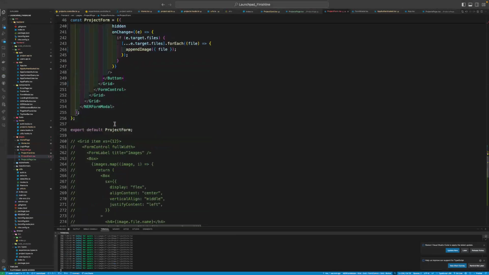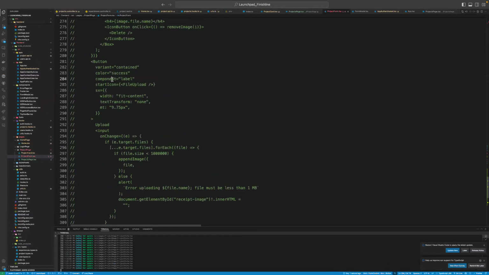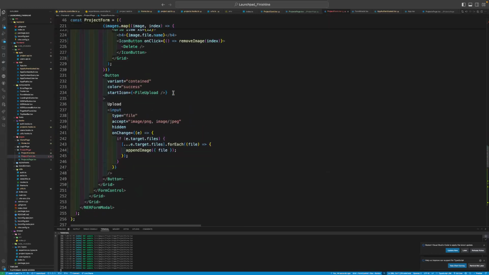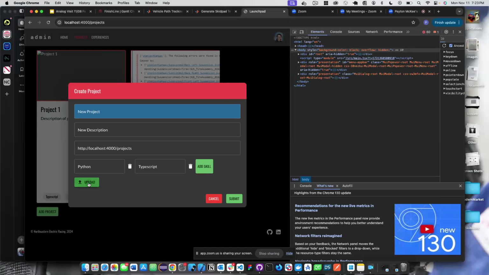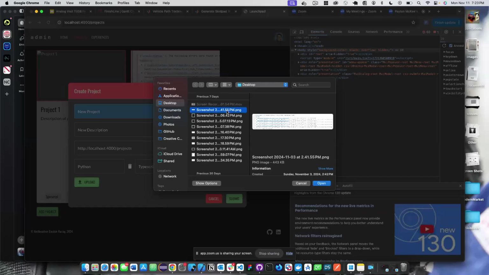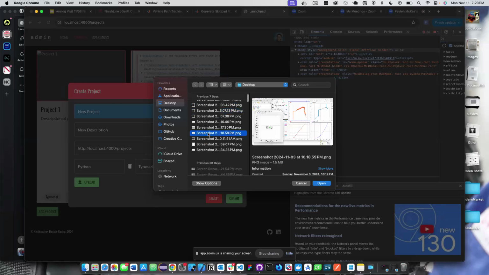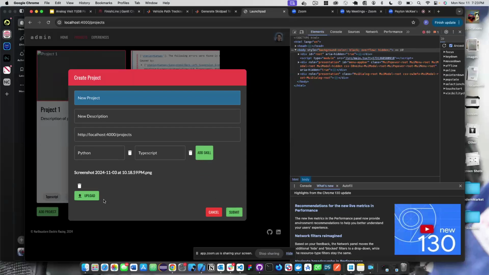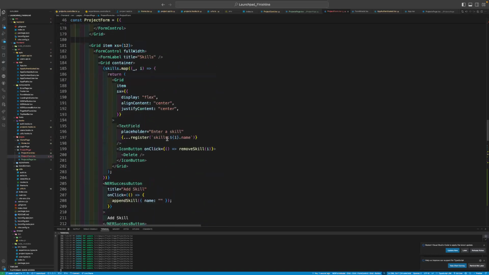Doesn't like that. I think I need to add this component label here. I think I forgot that. Let's see. Hopefully it's that. Yeah, it's that. You need the component label if you're going to nest the button there. And now let me see. Say our sim is our project. Also, we want those on the same line. So